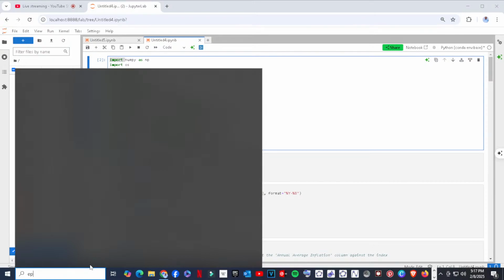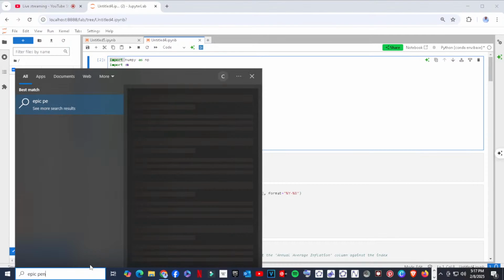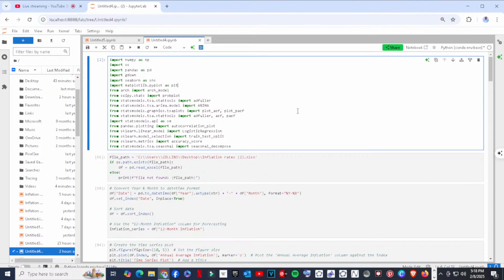Just a moment. Epic Pen, let's see if we have it. Epic Pen, it should be there. Whichever way, we don't want it to interrupt again, so for that reason we can do without it. If it means having to hang, then we don't need it.